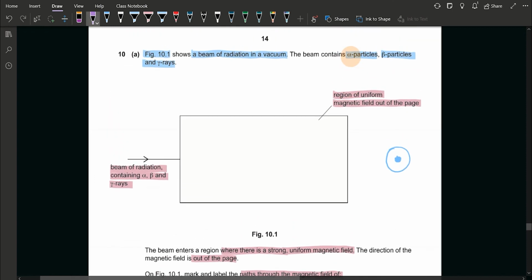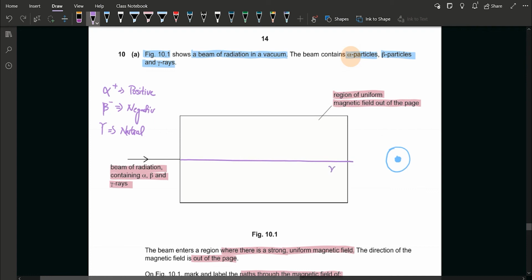So as alpha particle is positive, beta particle is negative, and gamma rays don't have any charge, they're neutral. So we can write here positive, and beta particle is negative, and gamma rays are neutral. So what will happen is gamma rays will not get affected by anything, they'll just pass through. So we can just draw a straight line here, which is going to be for gamma rays